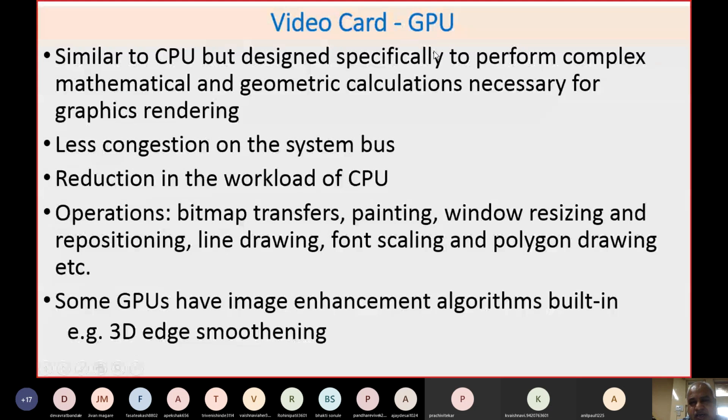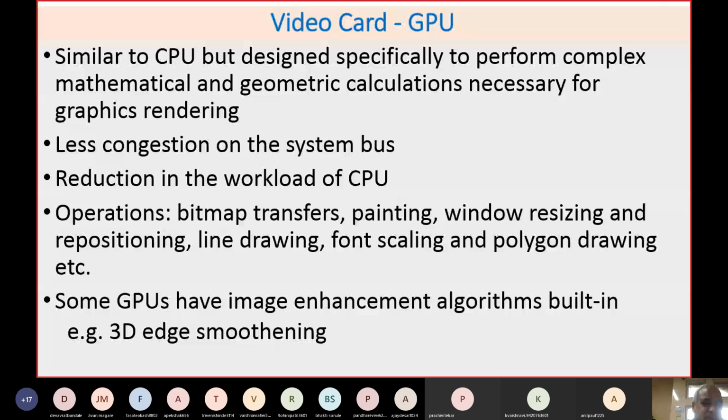This is normally available on an external board or external card; normally the GPU is an additional unit in comparison to the CPU. And if you see the number of cores in a GPU, you will find there can be thousands of cores, as against quad core or octa core, or at the most 8 cores in the CPU.